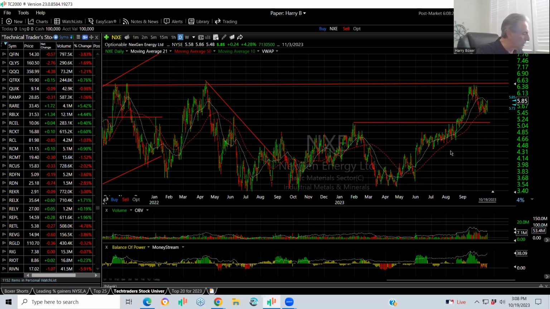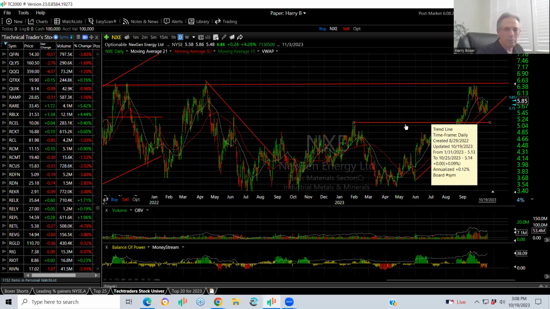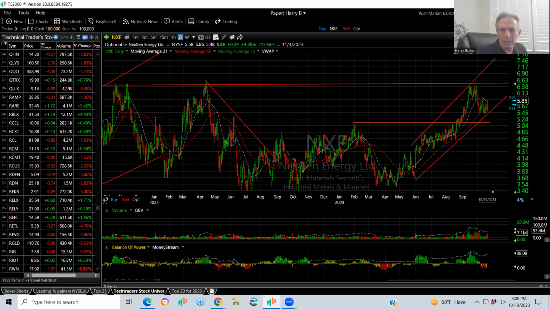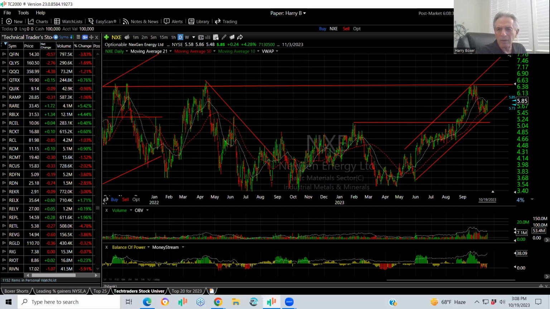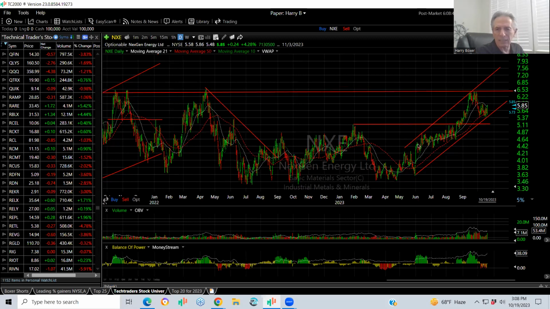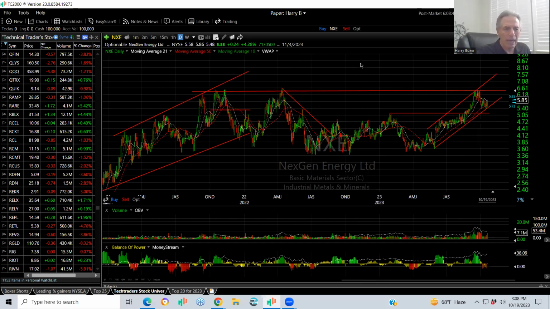If it's going to maintain this rising channel, and I do like the overall look of it, I'm going to need a price volume surge, meaning price and volume, not just price. In other words, a breakout with volume above, I would have to call for, say, 6.35, 6.40. Then your target is 7 3/4, 8. If this angle maintains itself, and if there's a 1, 2, 3, 4 wave move, we may get a 5th wave. But it's going to have to get through a quadruple top to do that. So that looks pretty good.